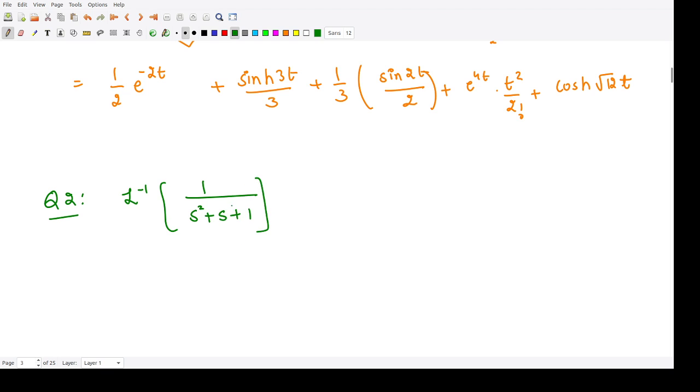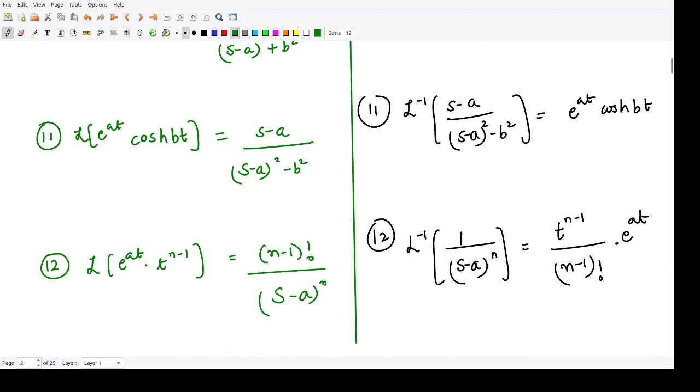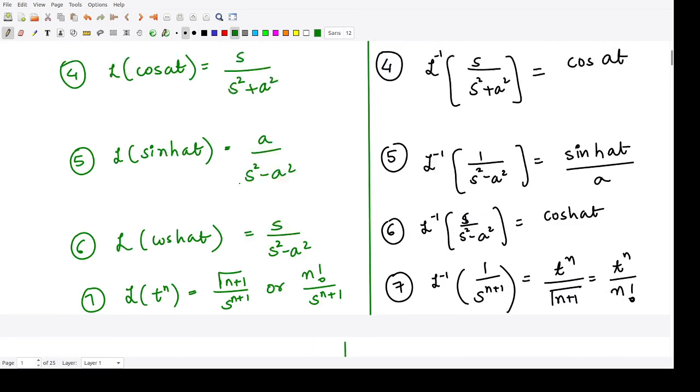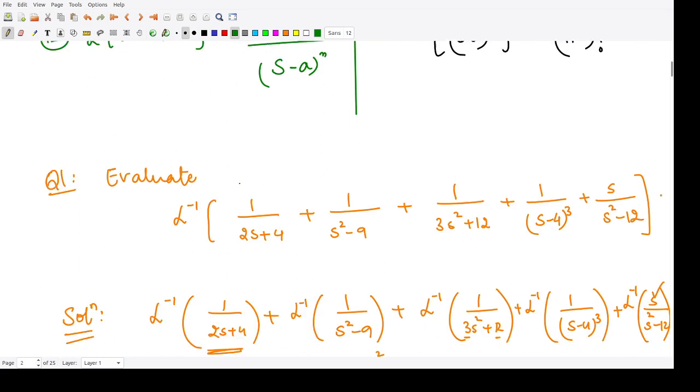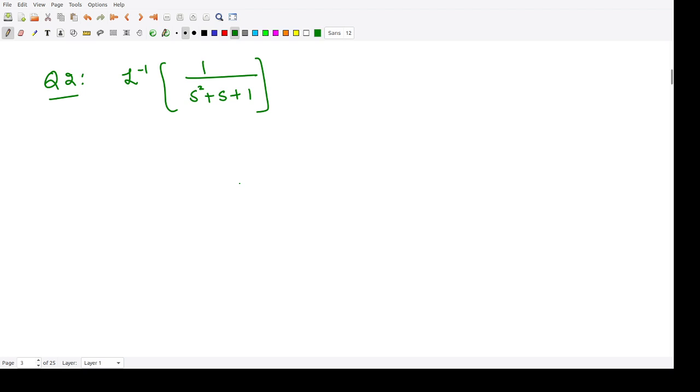So now this formula directly does not correspond to any of the given above formulas. So what we will do, if you look at your question carefully, what is this? This is 1 divided by some polynomial whose degree is 2. So here what we can do, we can complete the square of the denominator term.